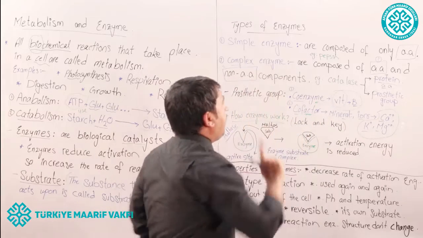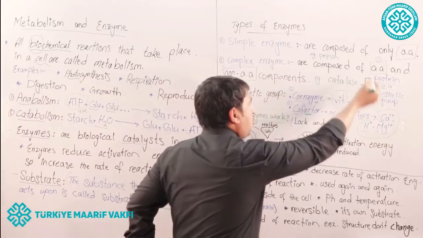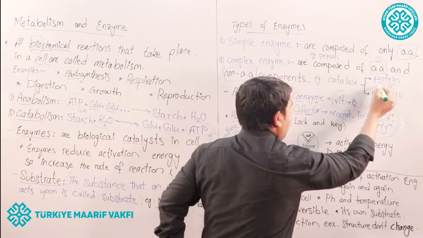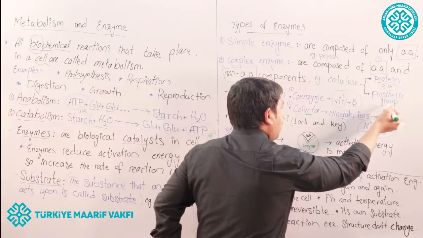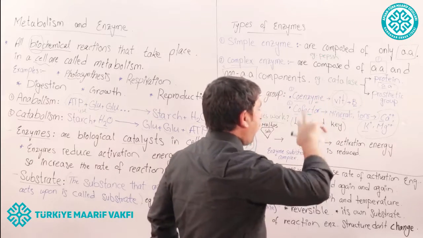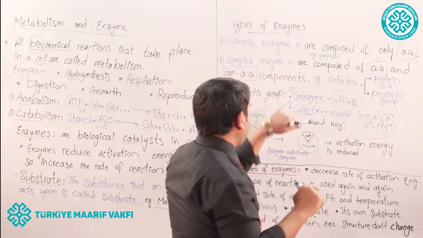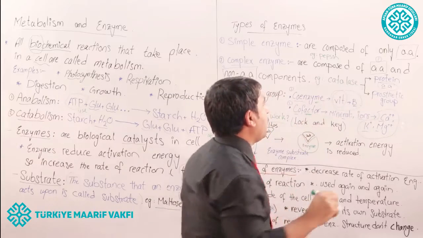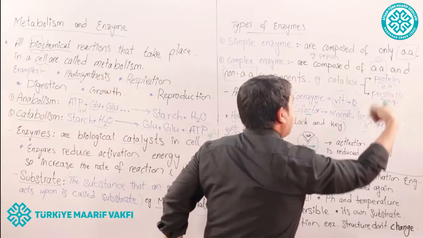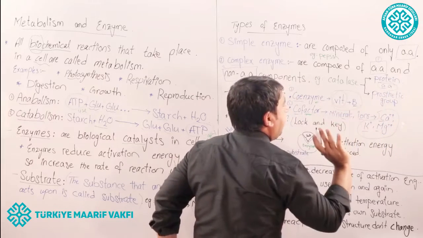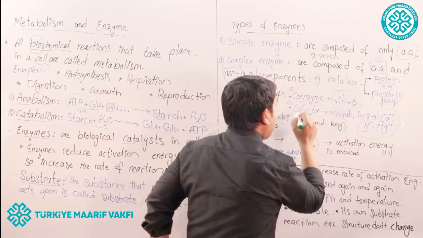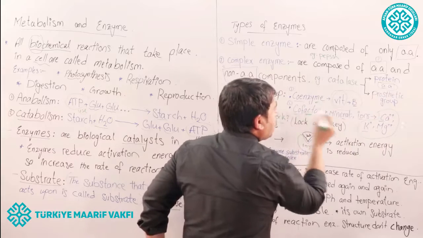Now, in a complex enzyme, what do we have? We have two parts. The proteinic part, which is made up from amino acids, and the prosthetic group can be one of them, not two of them. Just one of the components comes in the prosthetic group. If we want to make a complex enzyme, there must be a proteinic part and the other part can be vitamin B. If we don't have a coenzyme in this prosthetic group, in that case we can put the cofactor instead